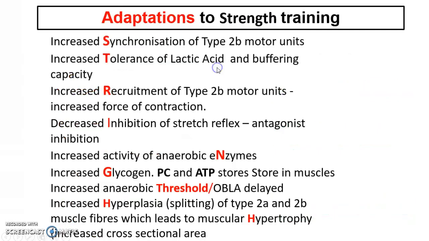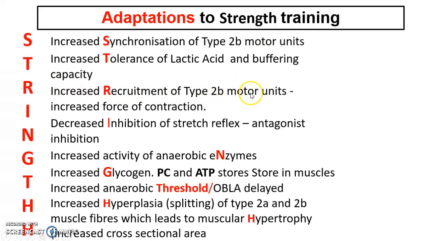Now, if we go on then, adaptations to strength training. As you will know by now, when we use this, we use the acronym of STRENGTH. Bearing in mind a couple of key exam points before I move on: when you're using STRENGTH as an acronym, you must remember that synchronization and recruitment come under one adaptation. So they become a sentence: increased synchronization and an increased recruitment of type 2B motor units or fast glycolytic 2B